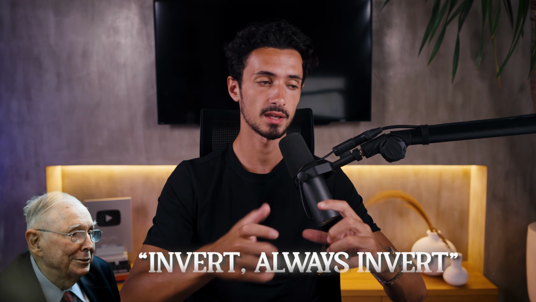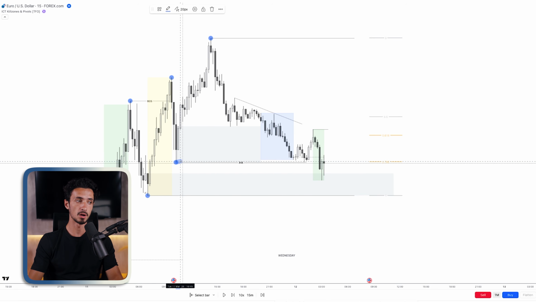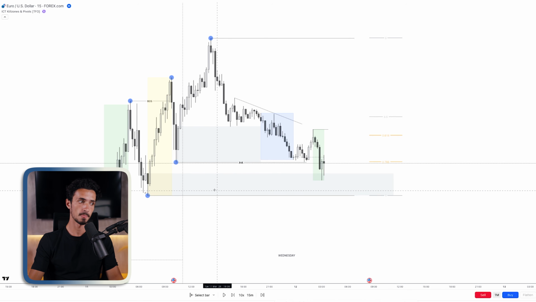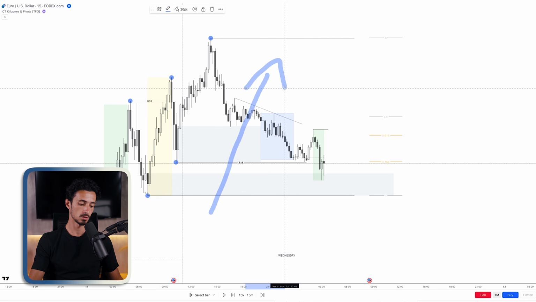Charlie Munger inverted thinking. So then I ask myself, well, where wouldn't I long from? Well, I wouldn't long above this low because of this liquidity. Great. Therefore, I would long below it. Okay, what else? Well, I would like to see an order block. Okay, order block, great. What else? Well, that's everything. So now I should long